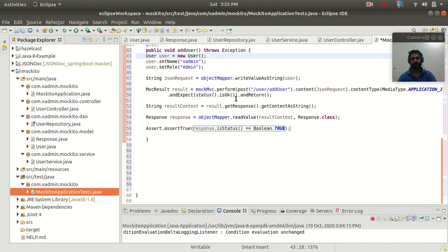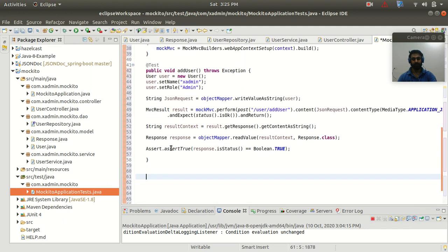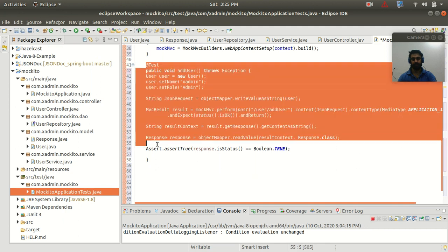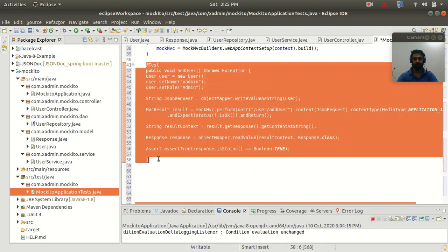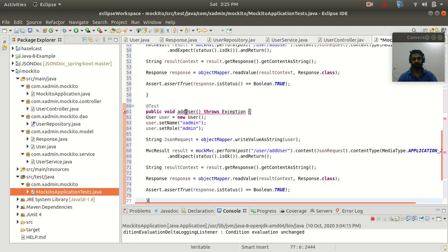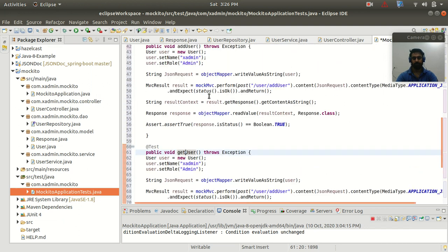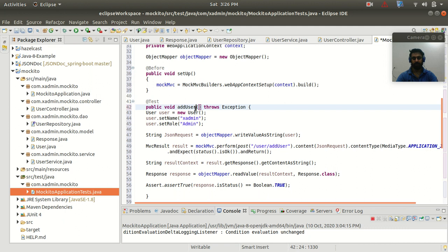So now let's write one more test method for my get method. Here I am going to copy this whole thing, and then I will change wherever it is required. Let's change the method name first, getUser. Let me mark this with the proper addUserTest.